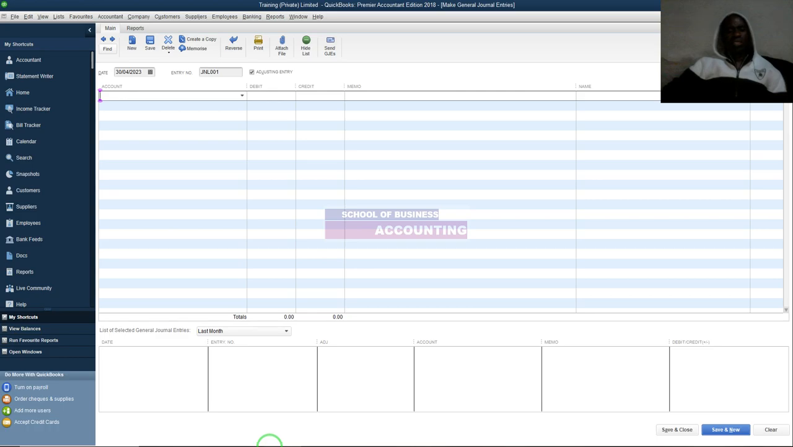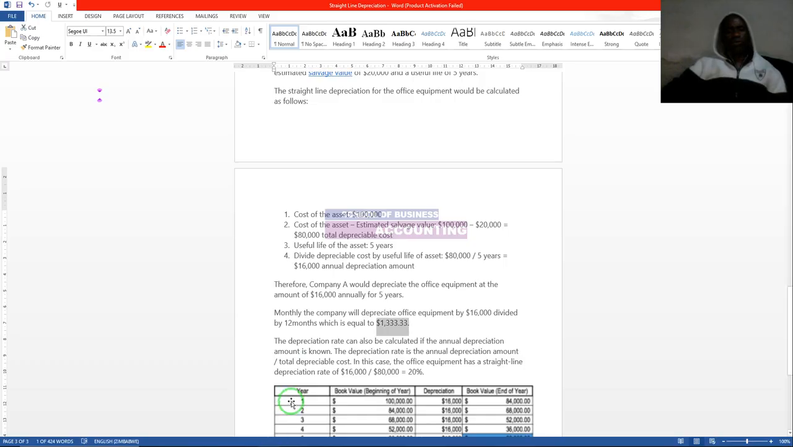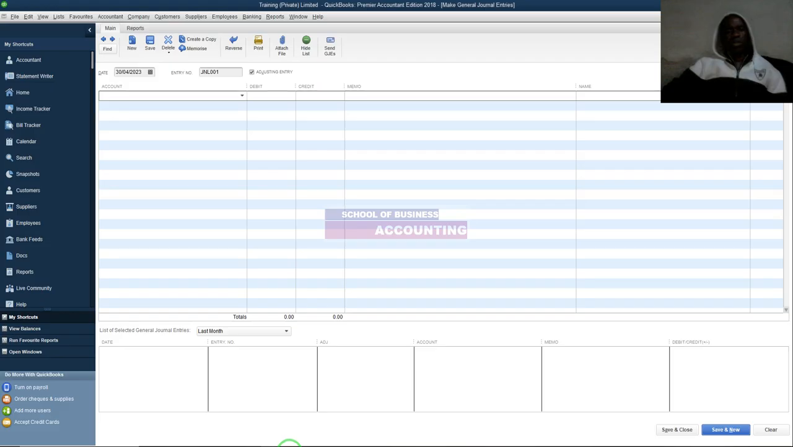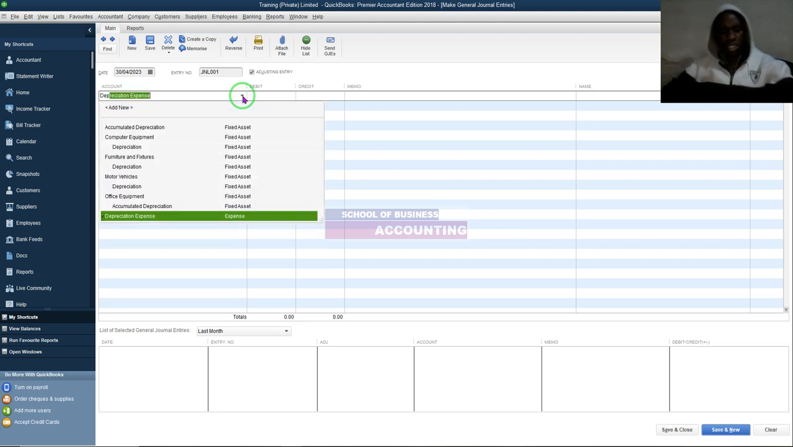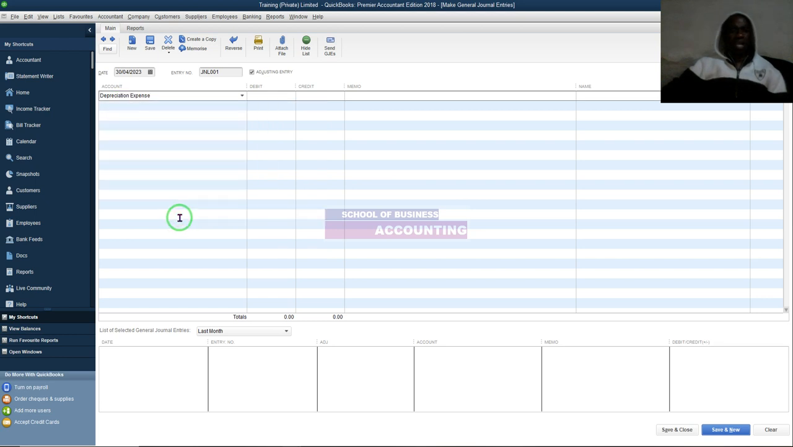Then I could come here. I'm processing depreciation, which has got to do with office equipment. So my depreciation has got to do with office equipment, and I'm billing an annual and monthly depreciation charge of 1,333. So I come here, right? First, I have to select the account I'm going to be debiting. So I could click there and look up for the account, or I could just type in depreciation, right? So I'm selecting the depreciation expense account, which I'm going to debit with